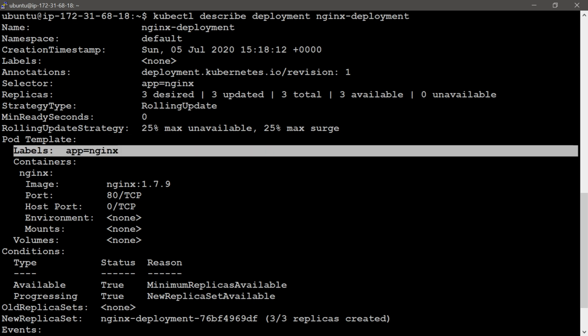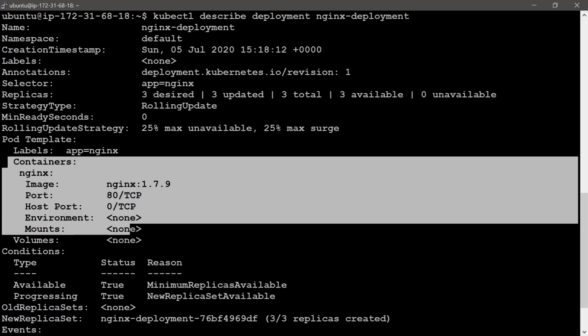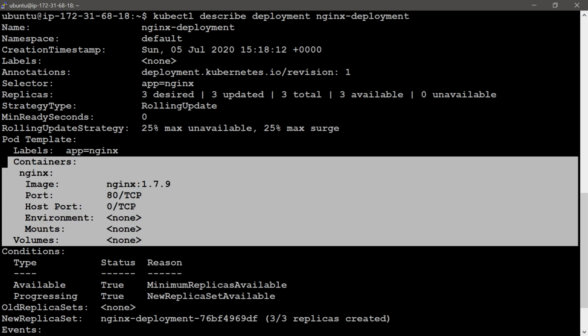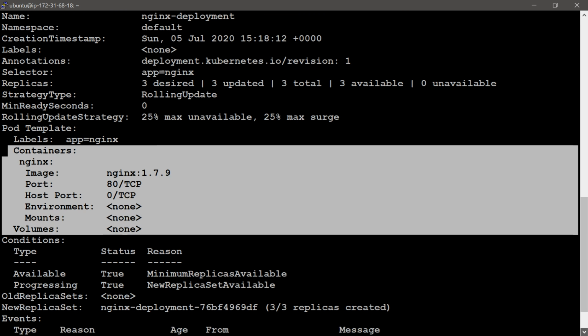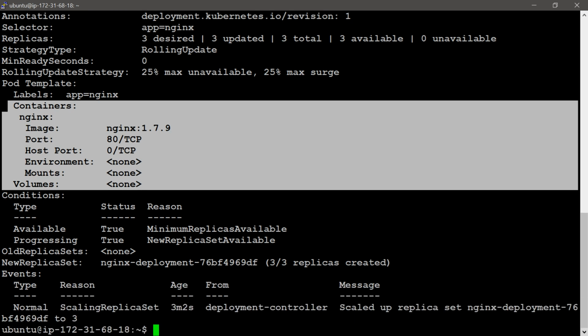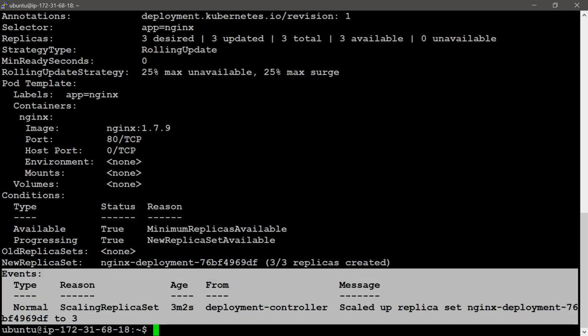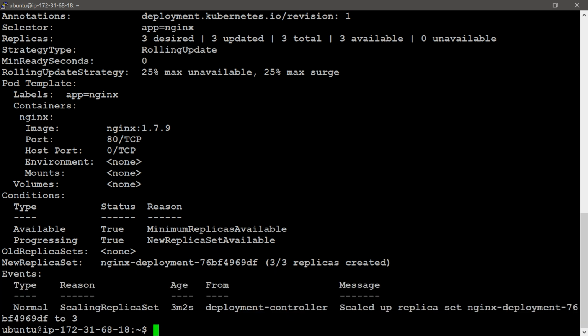With this deployment, the label is app equal to nginx, then container information and other information. There is an event: scaled up replica set nginx. It's showing the scaling replica set reason.